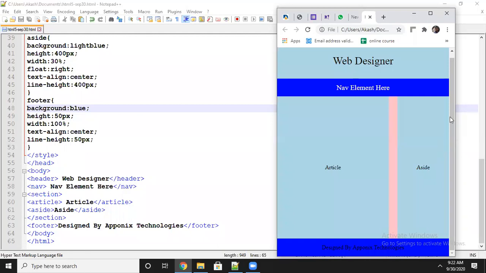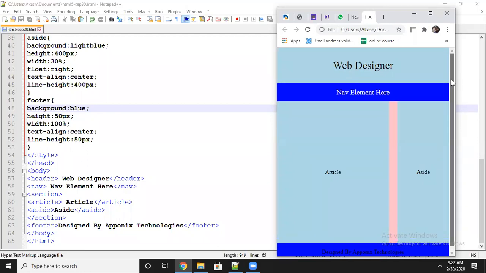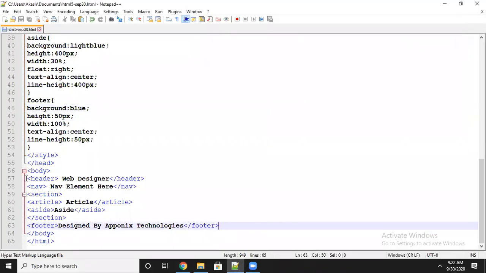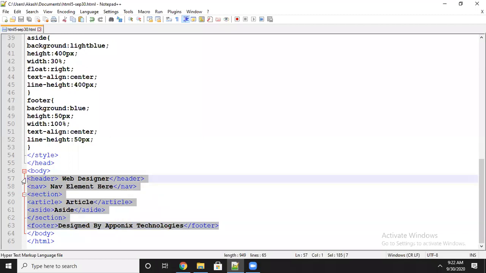Okay, now you got the idea of the HTML4 and HTML5 structure also. I told you, these are the semantic tags. Division is a non-semantic tag because there is no specific meaning. Why can we say these are semantic tags? Because these have a meaning. Header means we have to use it at the top, footer means we have to use it at the bottom, and navigation means we use it for designing the menu. Section means we use it for making the sections.